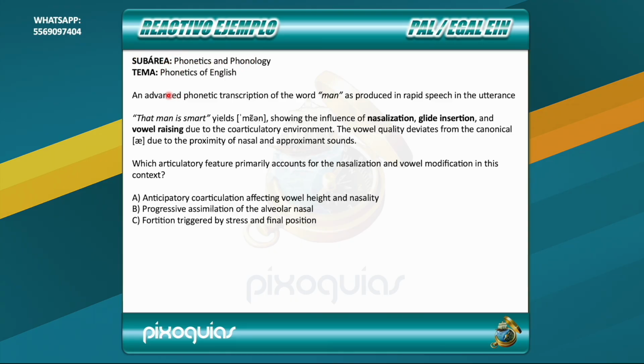An advanced phonetic transcription of the word man as pronounced in rapid speech in the utterance. That man is smart yields mean, showing the influence of nasalization, glide insertion, and vowel rising due to the co-articulatory environment. The vowel